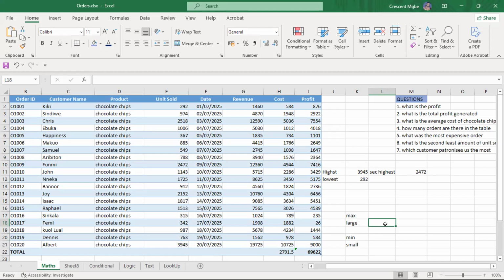Imagine if Mr. Albert now travels, maybe our business is in Lagos, he travels to Canada and wants to stay for 1 year. That means we are not going to make sales for that 1 year because he's our premium customer. So we need to know the second and maybe third premium customer, so that when Mr. Albert is not there, we can put our focus on the second person and use that person to hold body